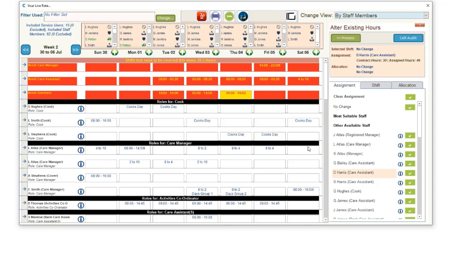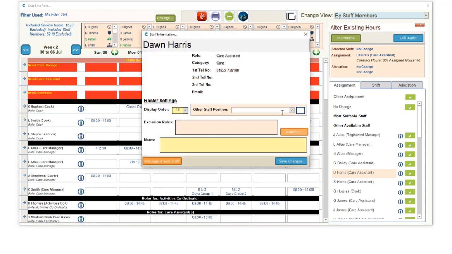Now you might not know whether that person can do those shifts or not, so what you can also do is touch the little eye icon. That will then load up the staff record, the rota record for that person. But because we've selected a shift, we also have an option now at the bottom which says message about the shift. If I select that option, we have two options. We have two predefined paragraphs on the system of can you or please confirm. If I click can you and select continue,